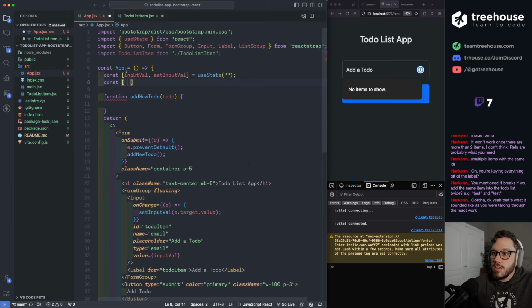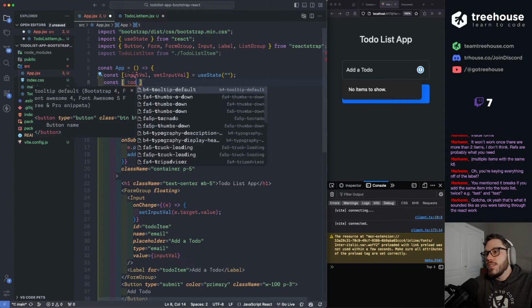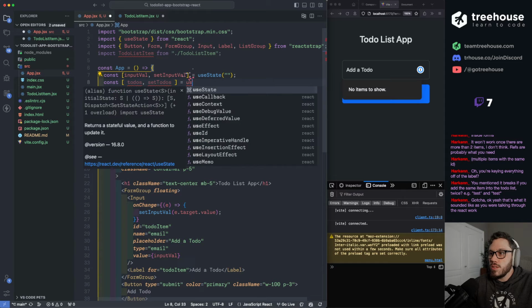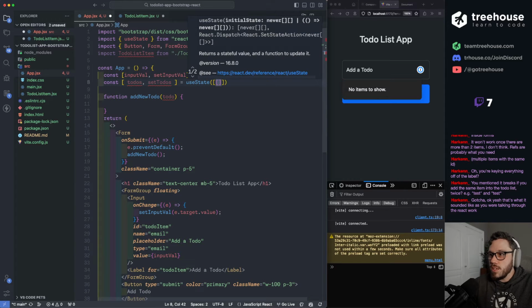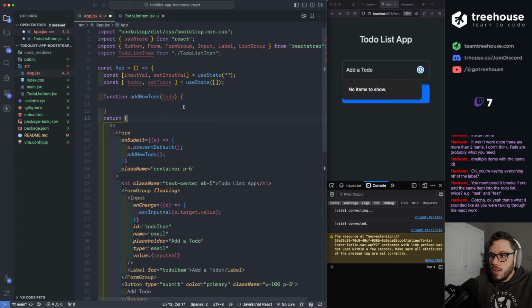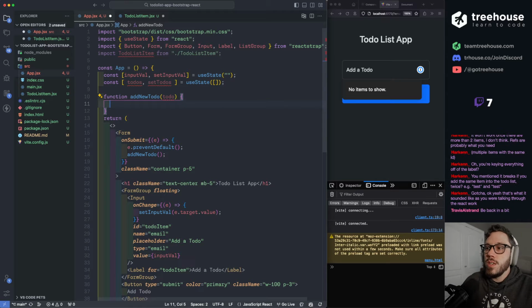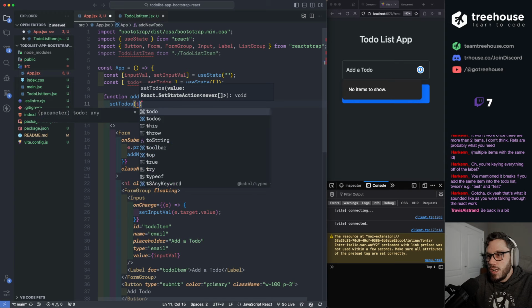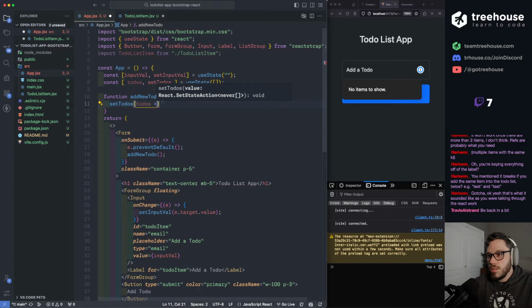So const to-dos, set to-dos equals use state. Set it up as an empty array for right now. And we can just say set to-dos is equal to to-dos. Wait, how do I do this? It's been a minute.